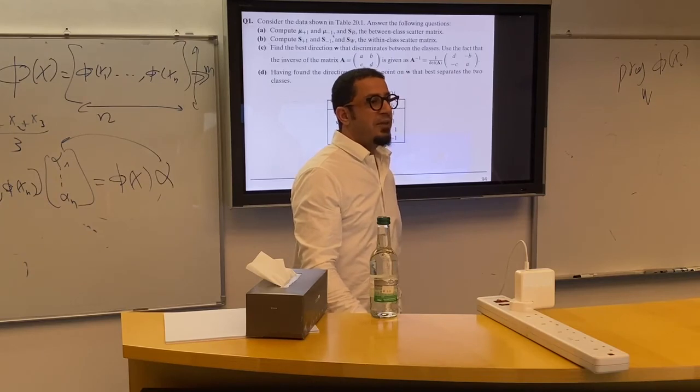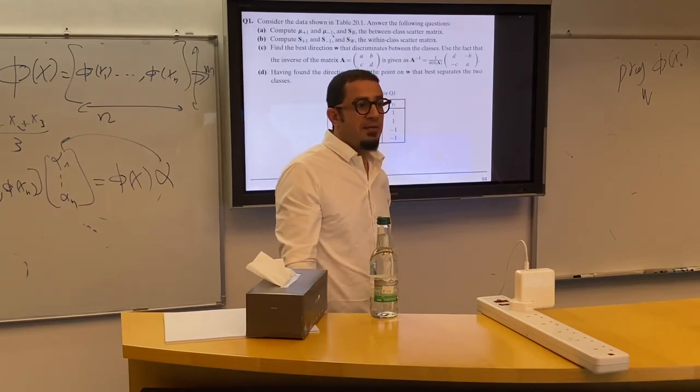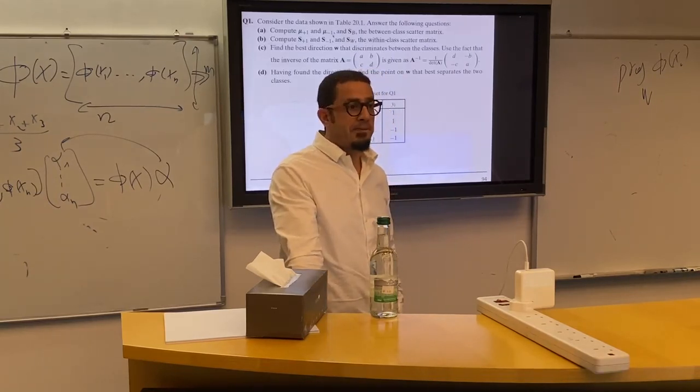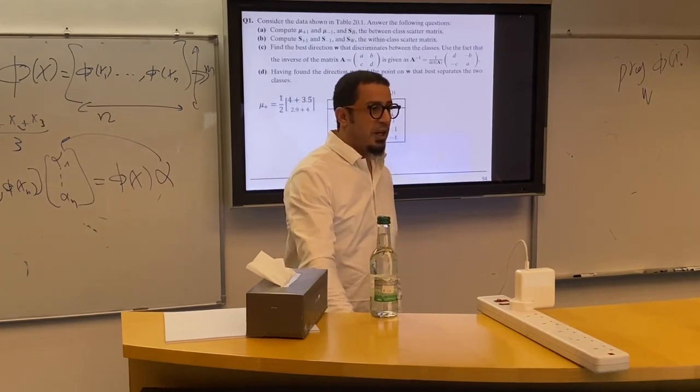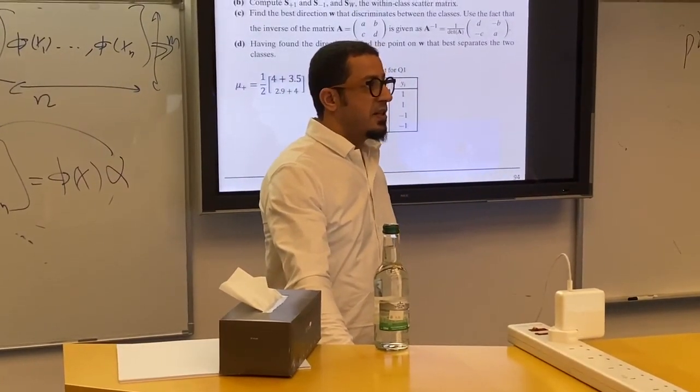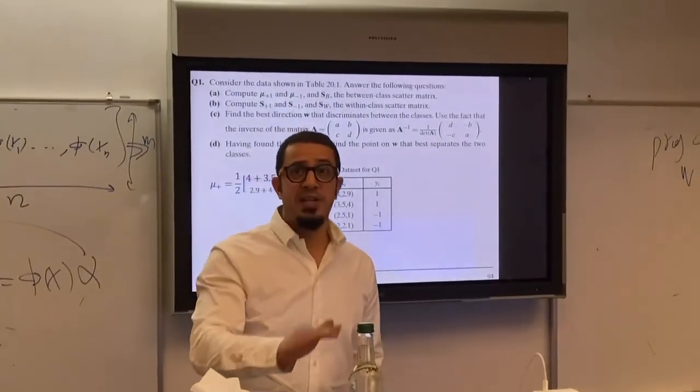Okay. Can you find the mean of each one and find SB? How can we find it? We have the mean here. So please, in the table is giving the data as